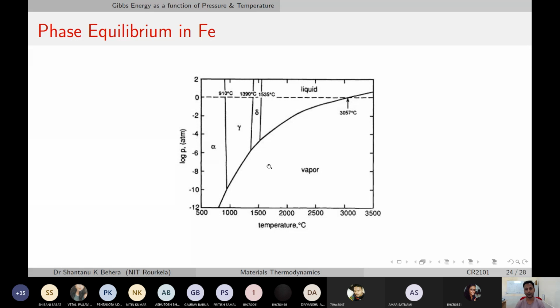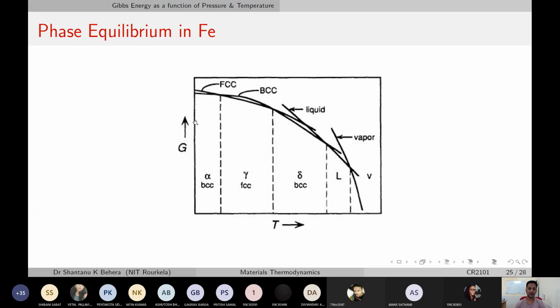And of course you have vapor, which is in equilibrium with the different kinds of solid phases at these different pressures, and of course it has equilibrium with the liquid state beyond certain pressures. All right, now if we have to draw the free energy diagram at this pressure across these temperatures, this pressure meaning simply normal atmospheric pressure, then we'll have the free energy curves which will look like this,